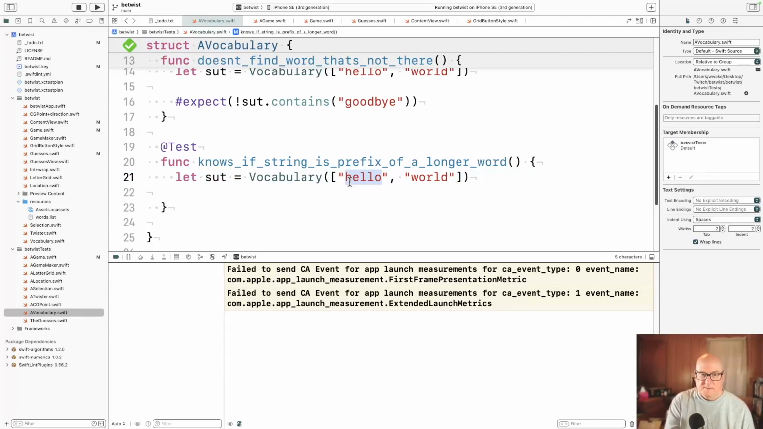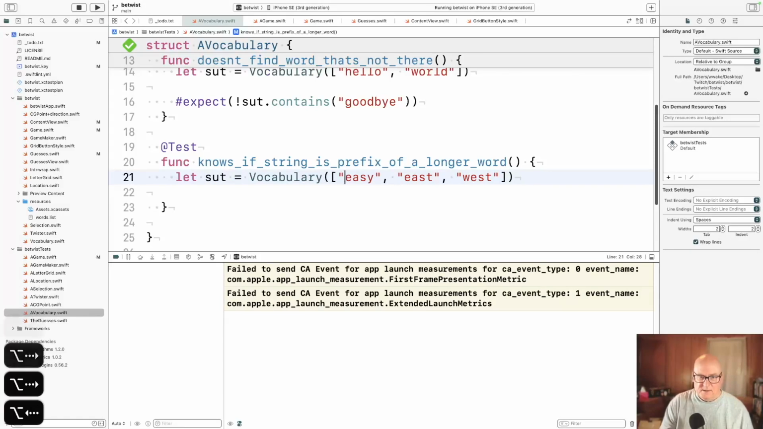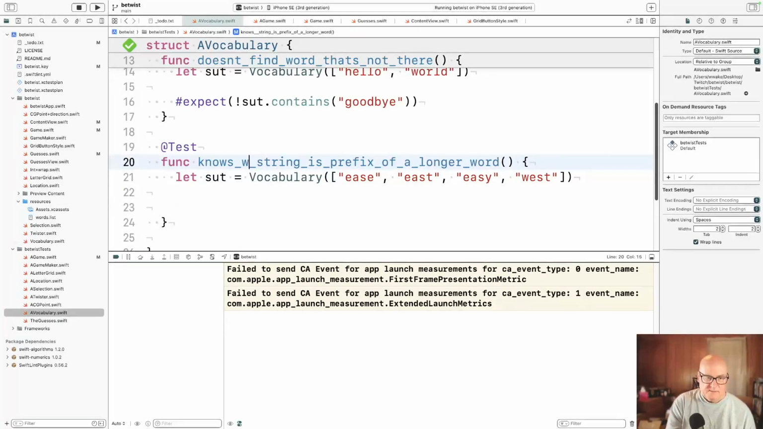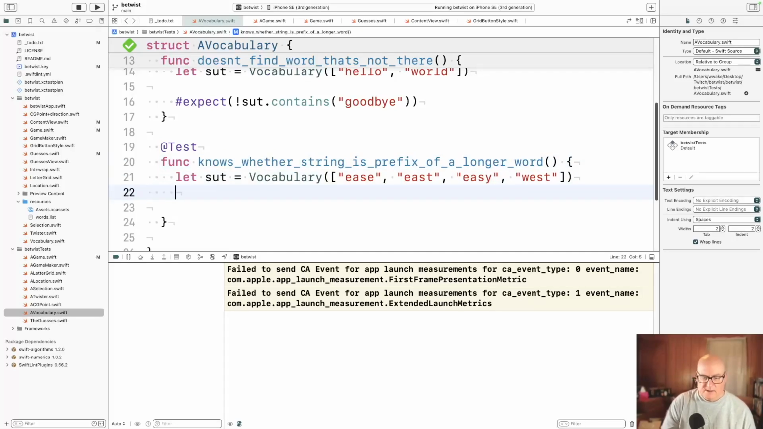Okay. Easy, east, ease, and west. Okay, I think we guarantee they're in order. So let's reflect that. Okay. So I'm going to say weather because I'm going to do both these in the same thing. Don't always test that way, but I think